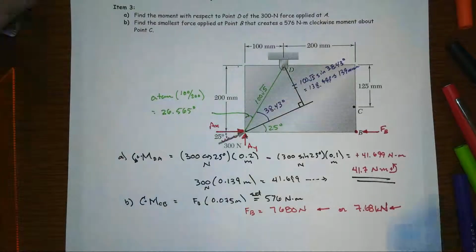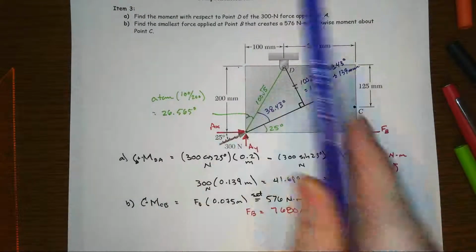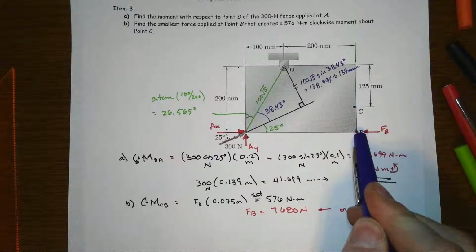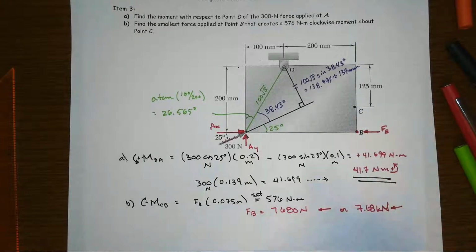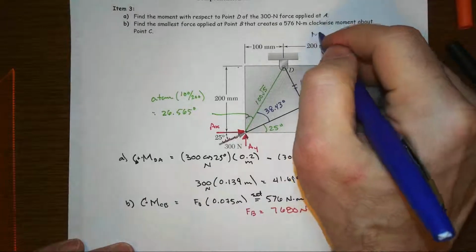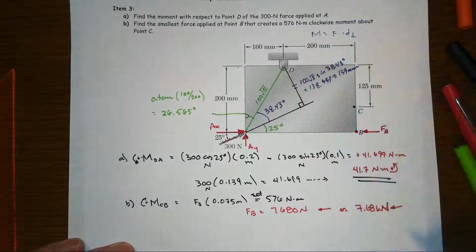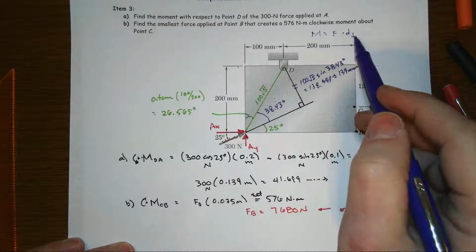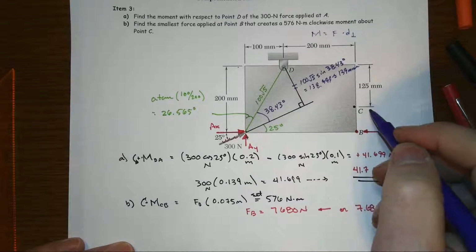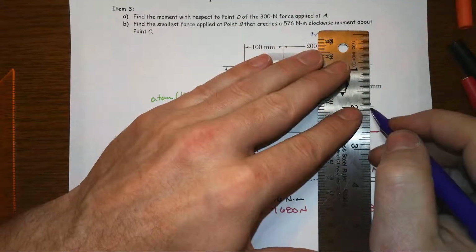In part B, we're asked to find the smallest force applied at point B, it's down here, that creates a 576 Newton meter clockwise moment about point C. And because that moment is generically equal to force times some perpendicular distance, then if we're going to make that small as possible, we've got to make the perpendicular distance the largest possible. And that's going to be that we have this 75